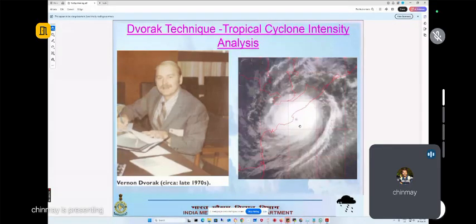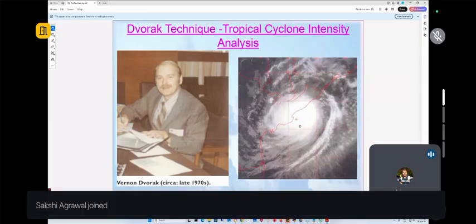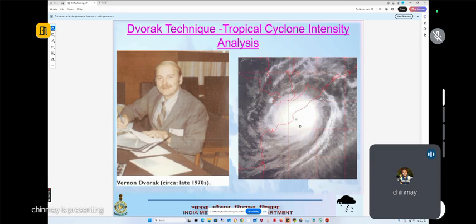So this is an empirical technique. This technique utilizes only the satellite images, and even in satellite images, only the visible channel image and the IR1 channel image. Okay, no satellite derived wind products or vorticity or convergence, divergence, nothing else is used. Only a plain image like this, either visible or IR1. And by analyzing that, you will come to know what is the intensity associated with that